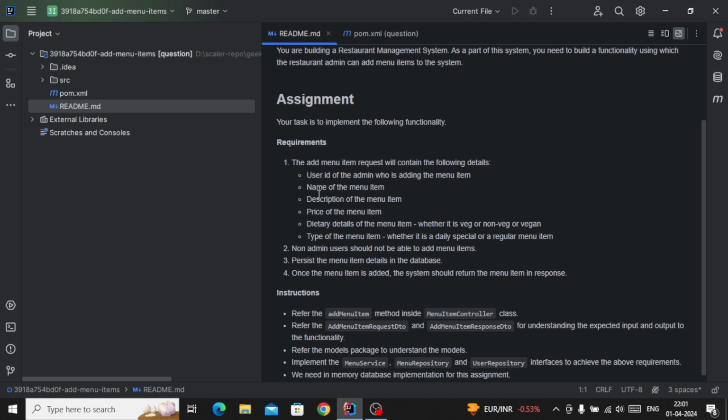Okay, next is name of the menu item. Third is description of the menu item, price of the menu item, and dietary detail of the menu item, whether it is veg or non-veg or vegan. Okay, type of the menu item, whether it is a daily special or a regular menu item.